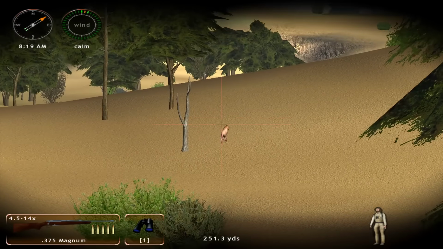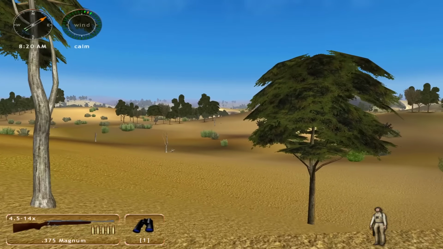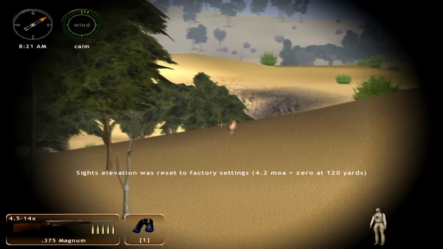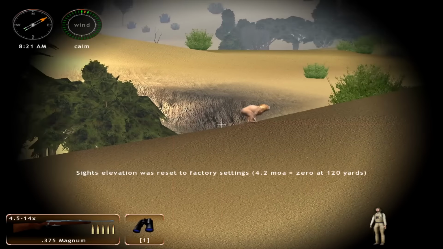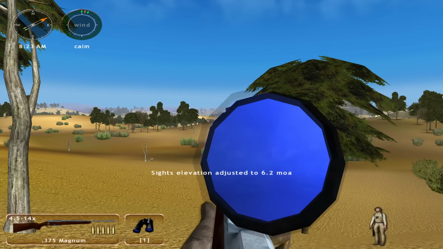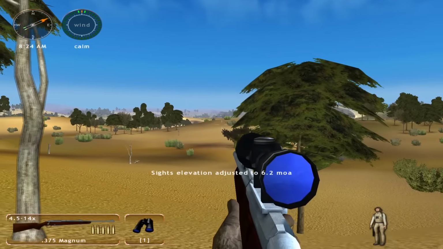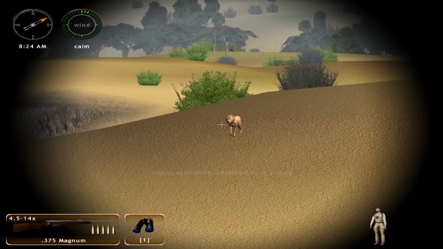Okay, he's out there about 250 yards away, and I grabbed a 375 for this. Problem is, that angle is not so good. I guess he still runs a little bit. 4.2 MOA is 0 at 120. So maybe this will be a little bit different. I'm gonna go to like, I don't know, 6 and see what that does. If he'll ever just stop for like a second. Maybe that's...